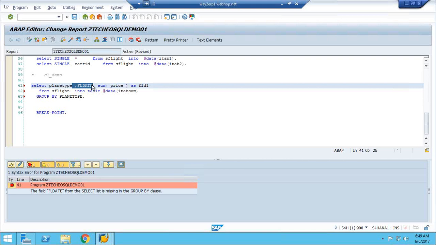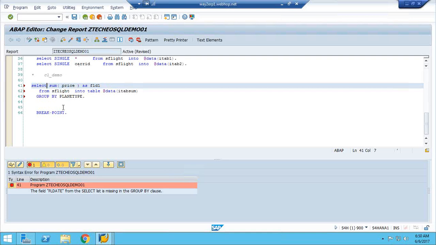And vice versa, if you are not mentioning it in the selection but you put it in the group by, it will allow. Suppose I delete this and I am not selecting plain type, I am selecting only this one. It will also work, but it will take the sum based upon plain type.